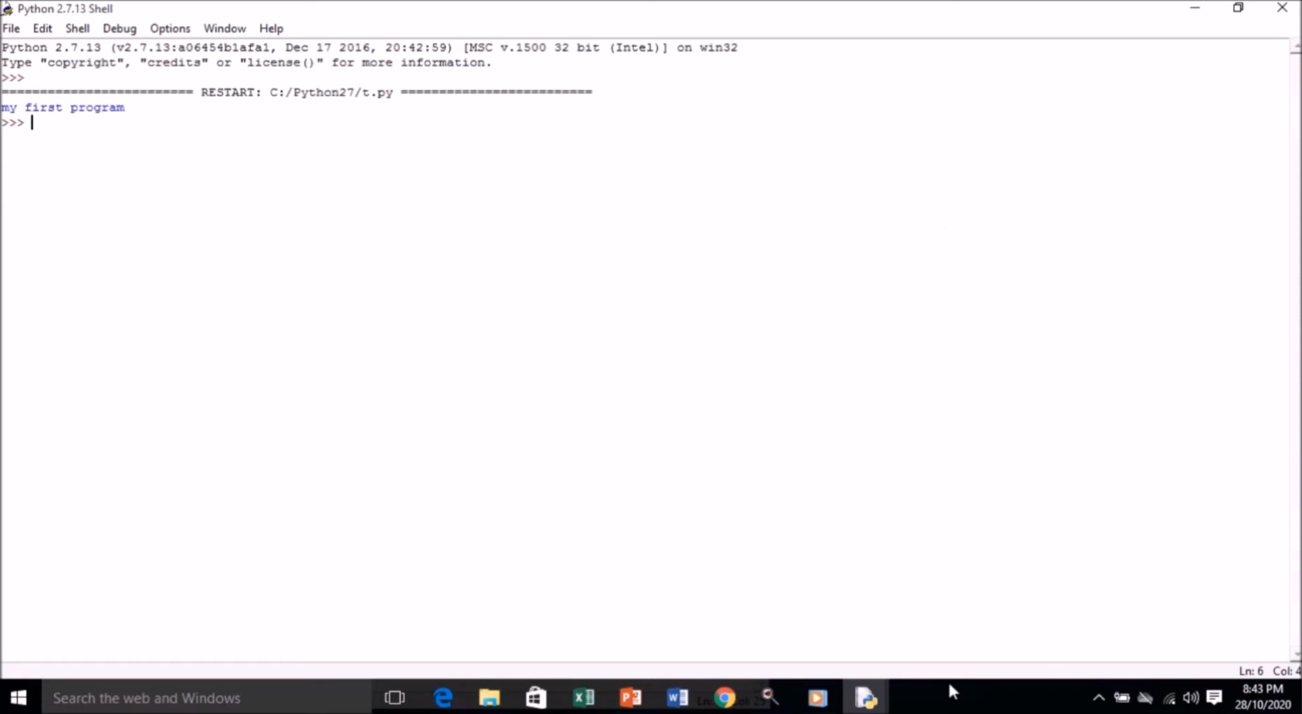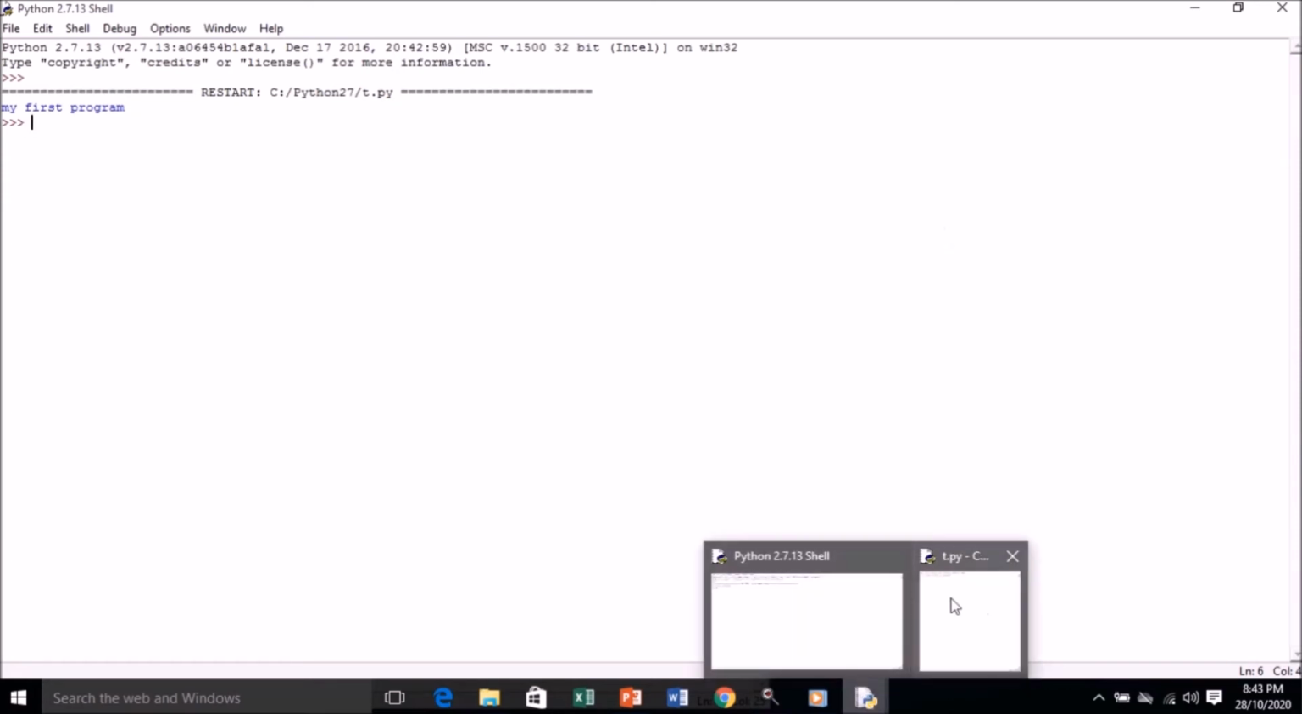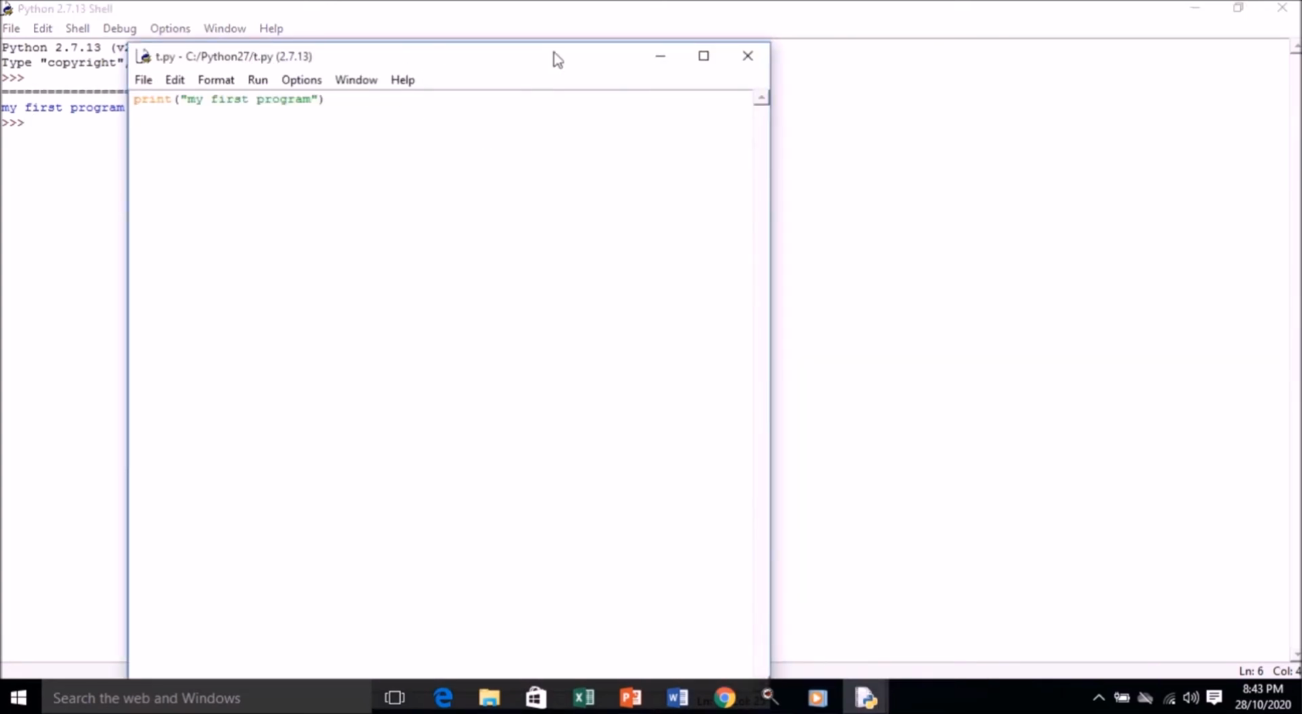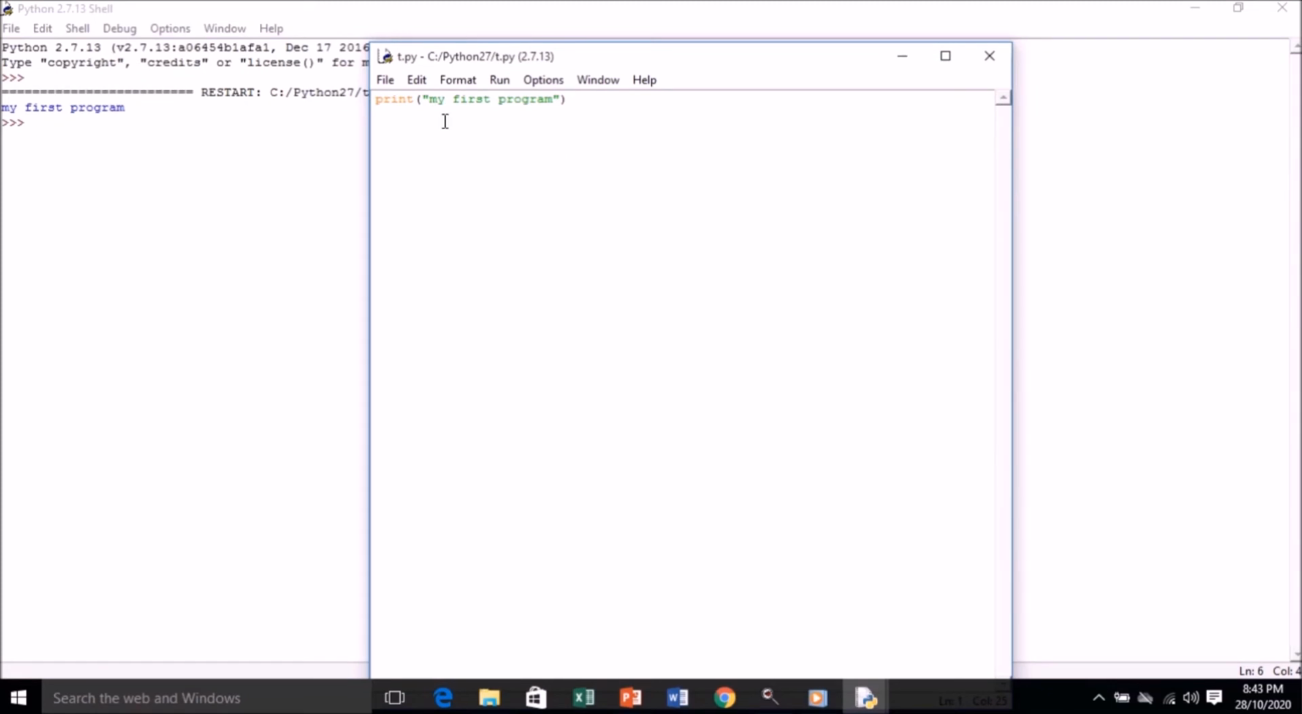So this is the script mode. Here we have two modes. This is the shell, and here is where we have typed the program. This is the script mode. So whatever I type here, if I type print, in double quotations I'm writing 56 multiplied by 34,